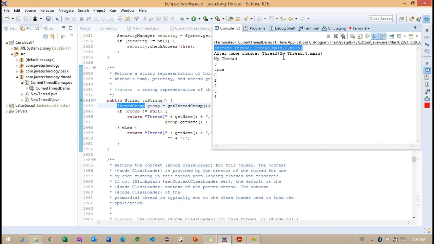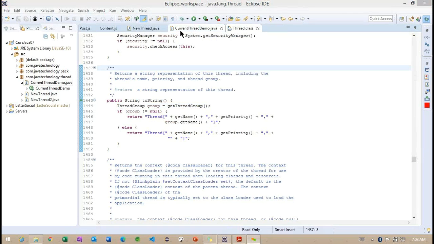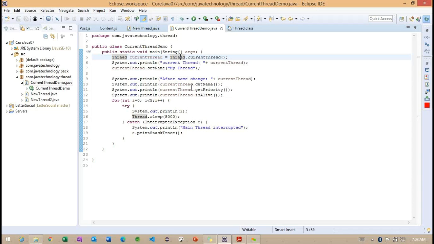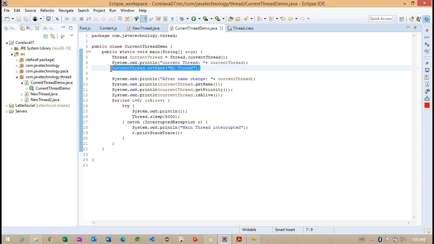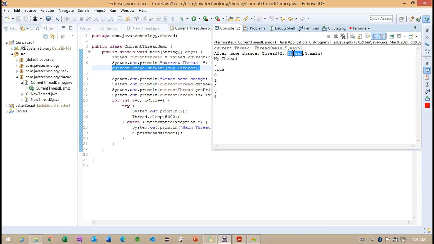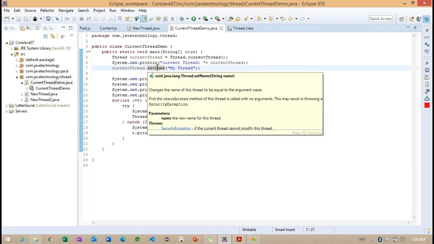And after that, I change the thread name here. How do I change it? We'll go through it one more time. Observe how I change it by calling the currentThread setName. Using this setName, we are trying to set the name of the thread. You can observe that whatever value we set, we get the same value again whenever we call the current thread. So this is the way we have the method called setName to set the name of the thread.